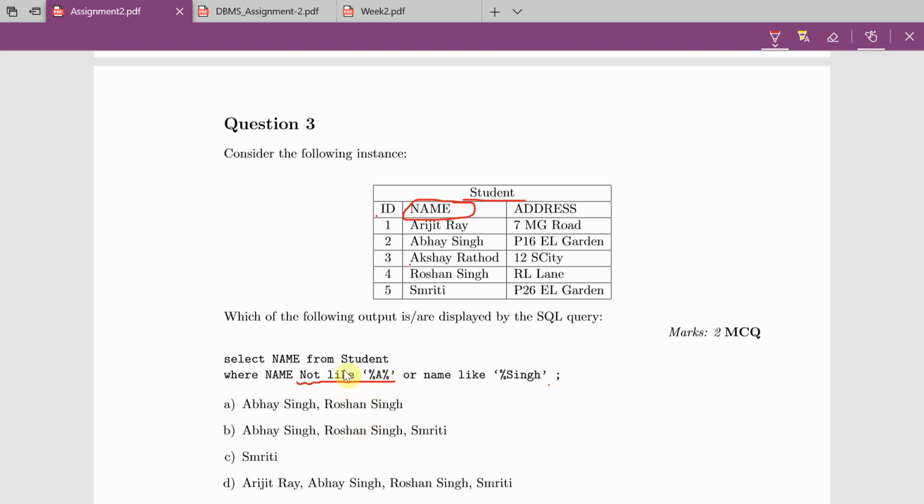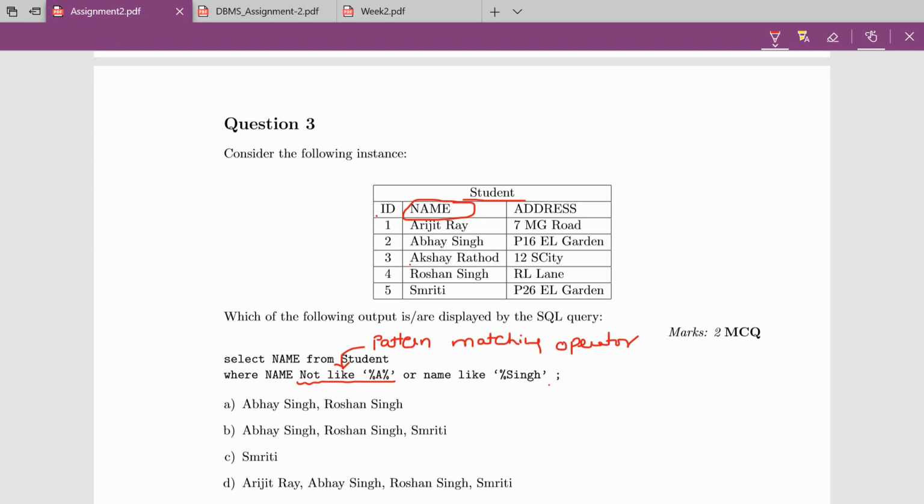Here we are using an operator called like. What is the like operator? Like is called the pattern matching operator. This pattern matching operator compares the value of name with a certain pattern.